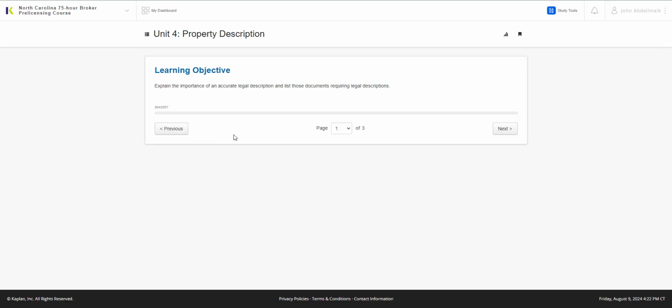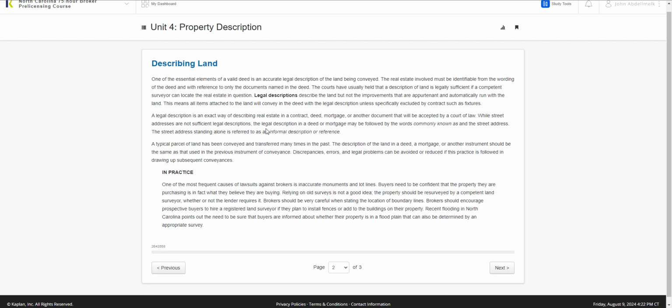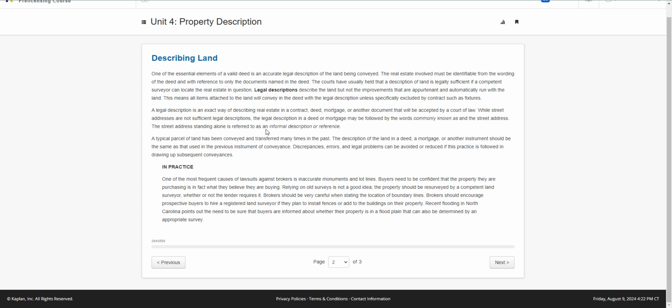I like this. Okay, so learning objective. Explain the importance of an accurate legal description and list those documents. So let's start out with describing